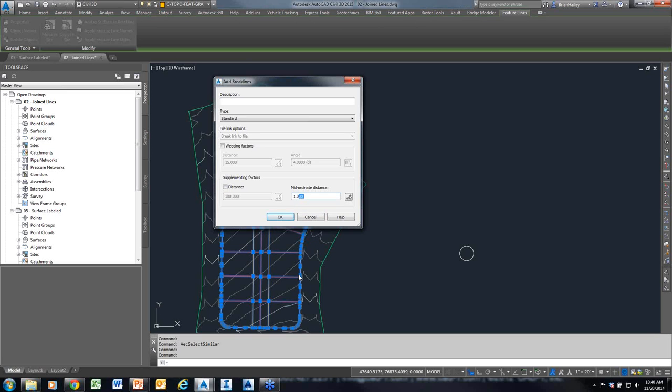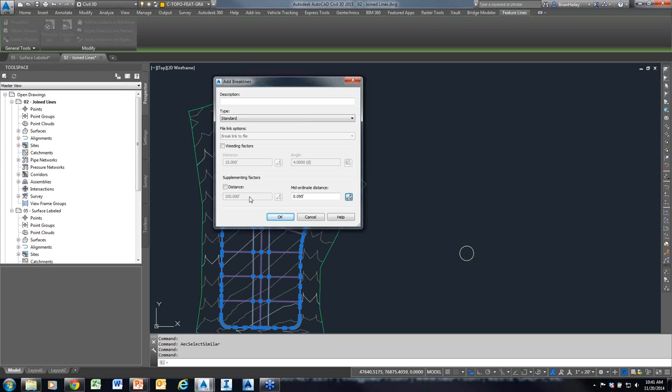Let's see. So 1 divided by 12, carry the pi, square root of 3i. It really doesn't matter. I don't have to do that math conversion. Anytime you're in a dialog box and you see a unit, you can type in a different unit. And yes, I do know it's 0.083333 feet. So I'm simply going to type in 1 inch. Now I'm just going to hit tab to go to the next field, and you see it does the conversion for me. Say for example it needed to be 29 millimeters. I can type 29 millimeters, hit tab, and again it converts it for me. So 1 inch is